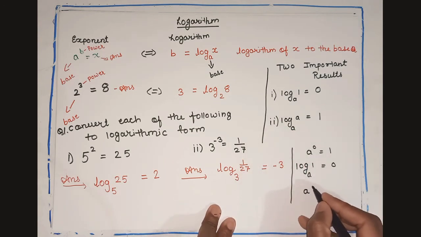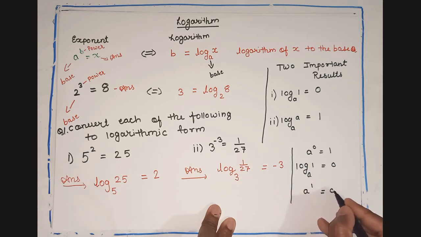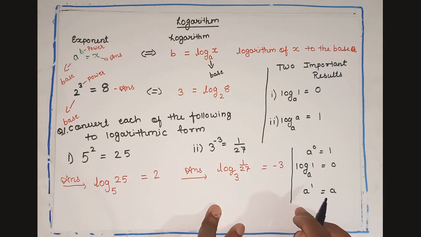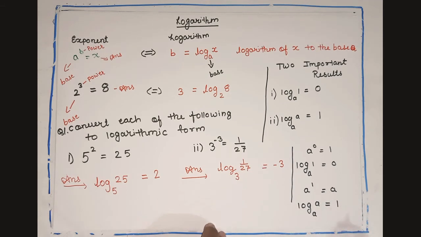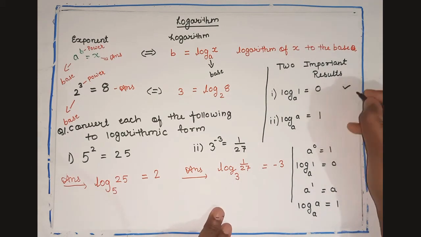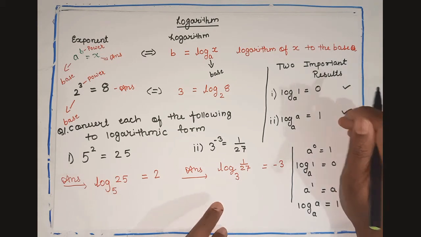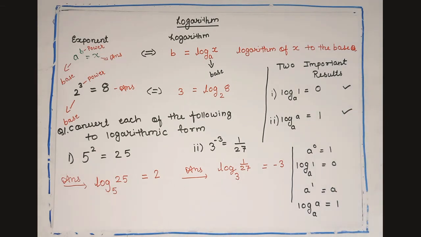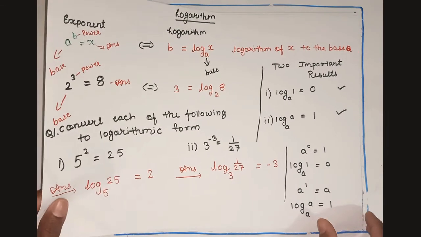A to the power 1, anything to the power 1 is what? Same number. So the same condition is applied here. Log of a to the base a equals what? It equals 1. So these two results you should know. We will usually be using them in the second exercise, which has important rules that you must know. Okay. Then moving ahead,